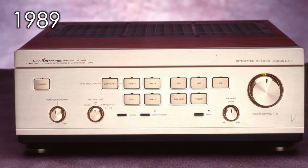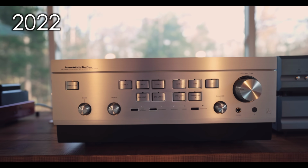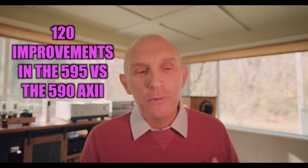Now, the 595 takes us back to 1989, to a design, I should say, that Luxman released in 1989. And in the flesh, it's stunning, it's gorgeous, it's understated. It's as beautiful as a Luxman integrated amp can get. It doesn't have the meters, but the meters kind of are not a mandatory thing. They're pleasing to the eye, but some may prefer the 595 style and looks. There have been 120 improvements in the 595 versus the 590,